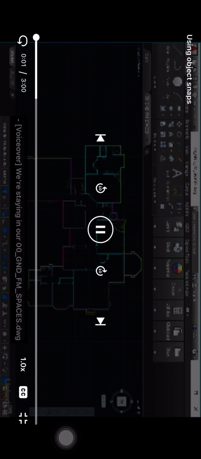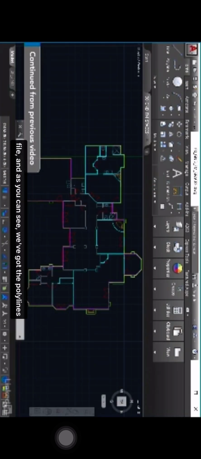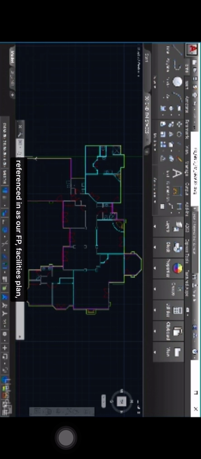We're staying in our 00 ground FM spaces.dwg file, and as you can see, we've got the polylines still there, and we've got the GA drawing referenced in as our FP, facilities plan. So we're going to look at utilizing our object snaps now to start creating these polylines that represent our spaces in the drawings themselves. Now, the first thing we need to do is make sure that we're using the right